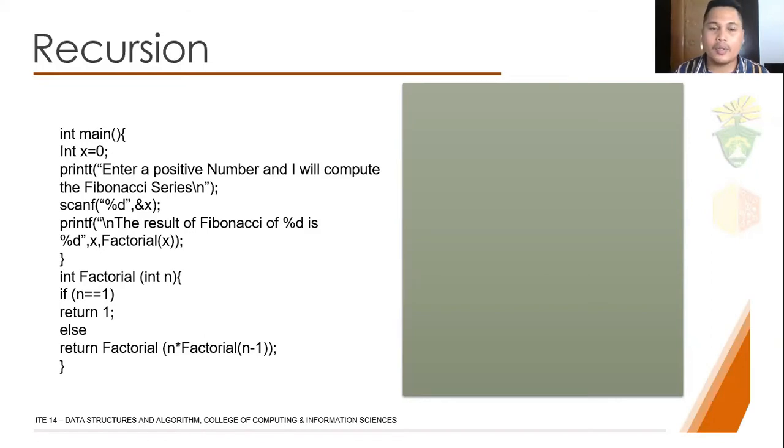sa series. Example, we have 4 factorial, so mao na to ang product sa 4 times 3 times 2 times 1. So unsaon na to na siya pag-convert into programming? So I have here sa akong int main